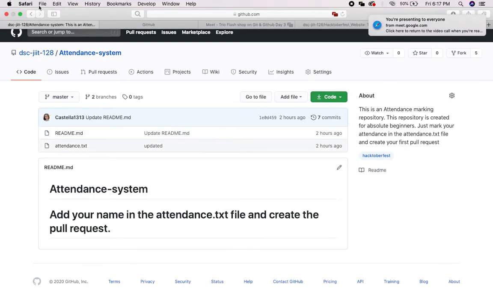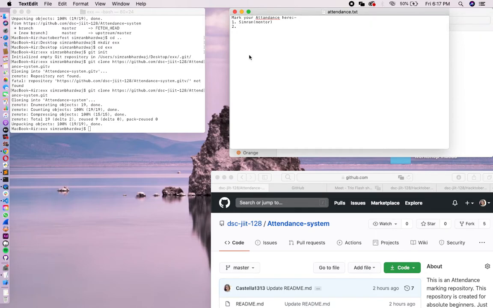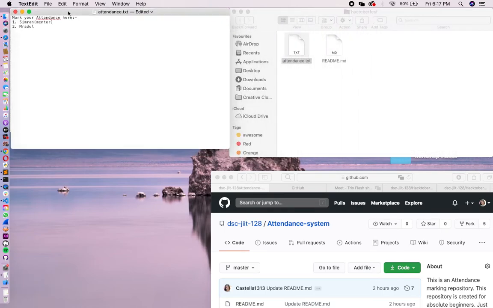So your task is to mark your attendance in this file. So you just type your name. For example, my name is already written, so let me write down some other name. Okay, so I have added a name. So you also add your name in this txt file and just save that.